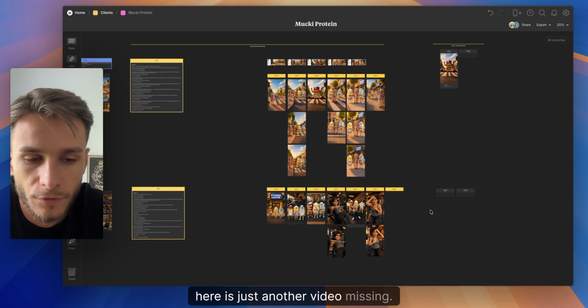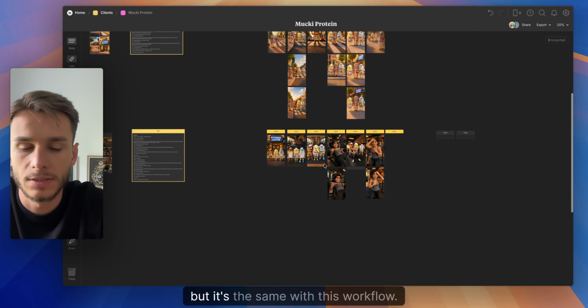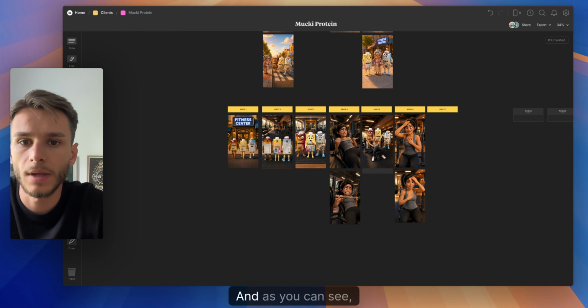This here is just another video missing. I'm not sure why it's not in here, but it's the same with this workflow. And as you can see,